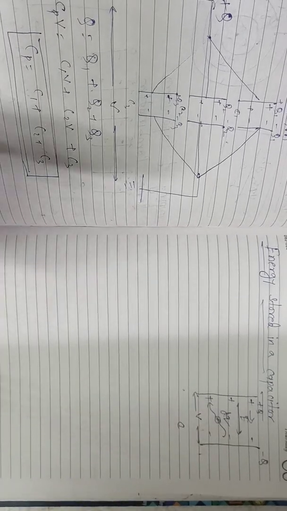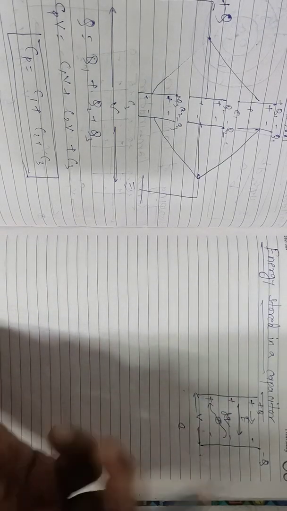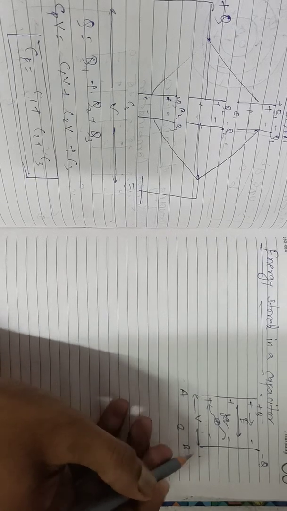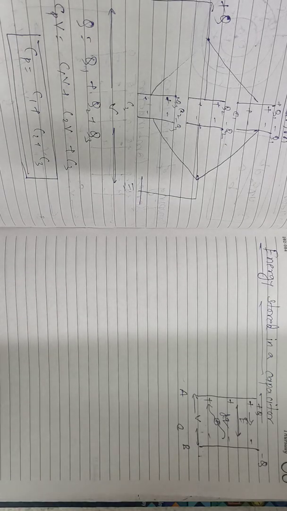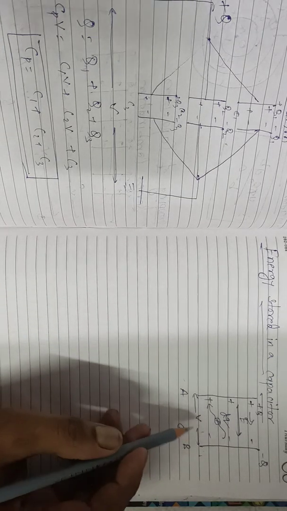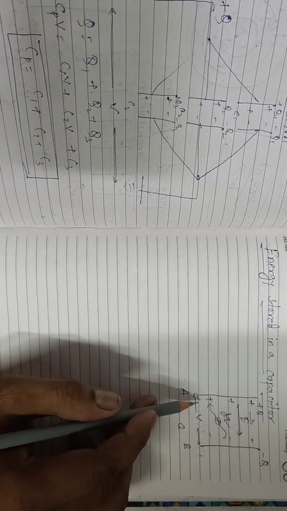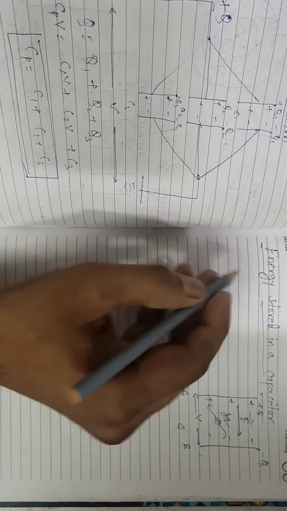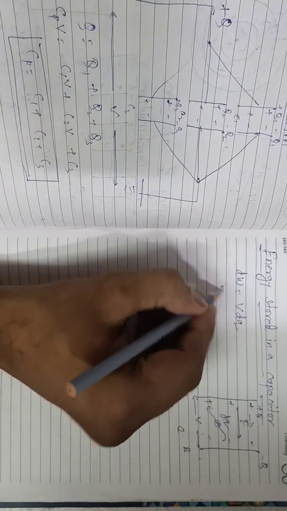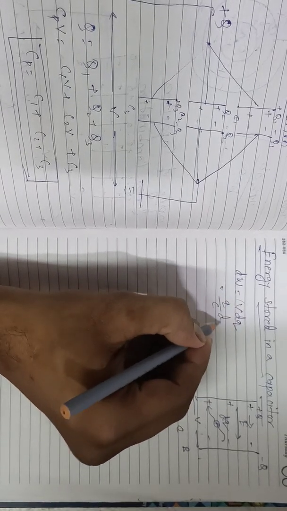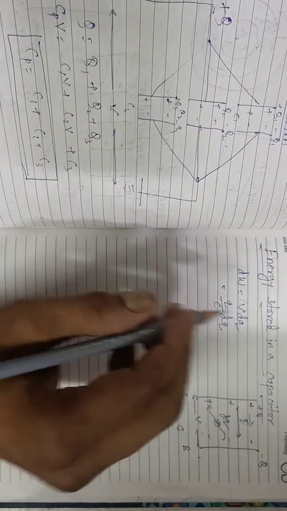We know that at any stage, this plate is at more potential than this plate. Suppose the name of the plate is A. So when we are trying to bring a charge dq from this plate to this plate, some work needs to be done externally. Now we have assumed here that the potential is V and q is the charge on plate A at any instant of charging. So work done will be, we know, work done equals potential into charge. So in place of potential we can write q by C, because we have assumed that small q is the amount of charge at any moment on the plate A.